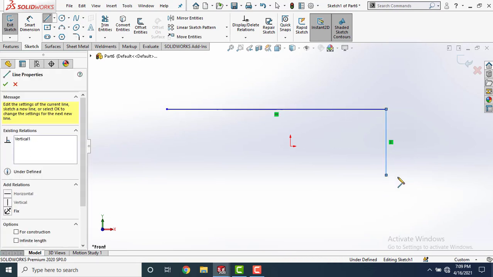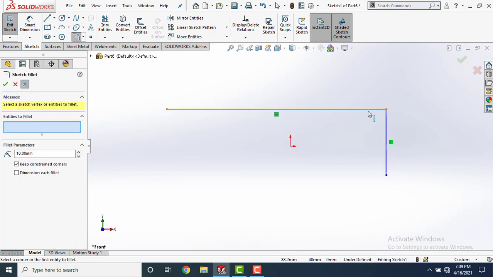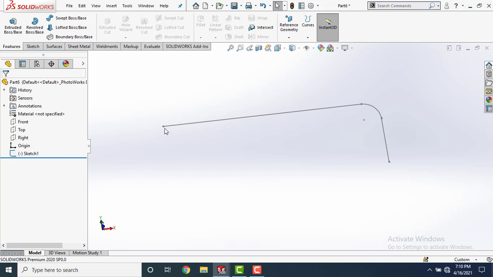draw a sketch like this, right click, select, add some fillet to it, now come out of this sketch. Now I will draw 2 different sketches on the end points of this sketch. For this, I need 2 planes on these 2 points.